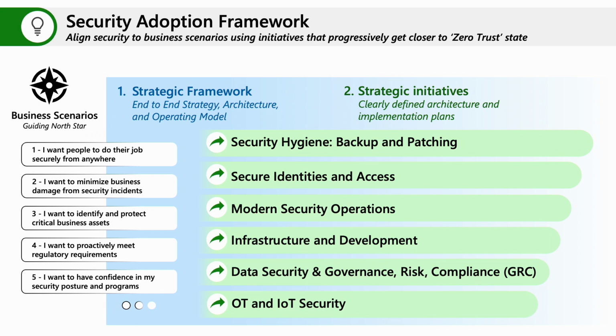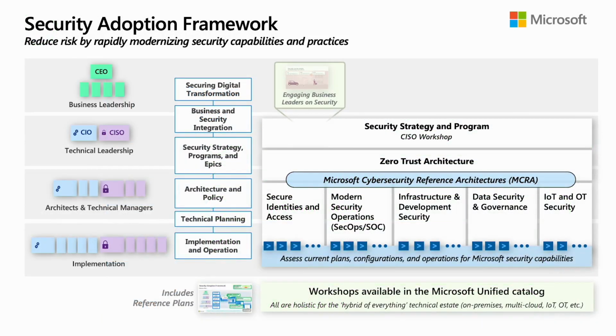And so we wanted to bring that all together under one strategic framework so you can execute on those and drive the right outcomes. And each stakeholder is going to have a slightly different view and interest in these. So that security strategy and program is more of a CISO, CIO, technical director, and the like, as well as some interest on the business side and communicating, integrating with the business, and architecture to sort of bring it all together. If you do have architects, if not, have someone that's acting as an architect.